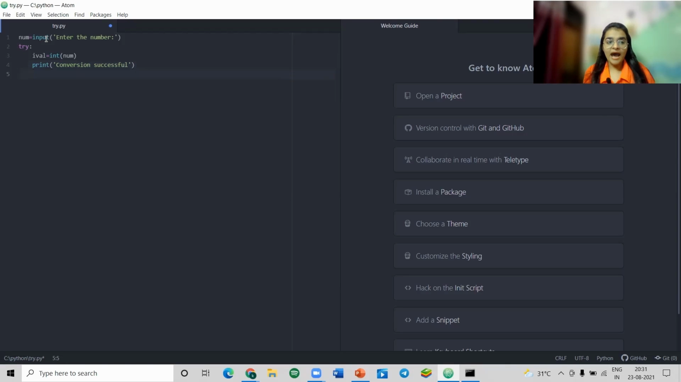Perfect. And if it is not able to do so, then it will just assign -1 to ival, right? Now I am putting an if else clause: if ival is greater than 0, then it's going to print "nice work", right? Else it will print "not a number",